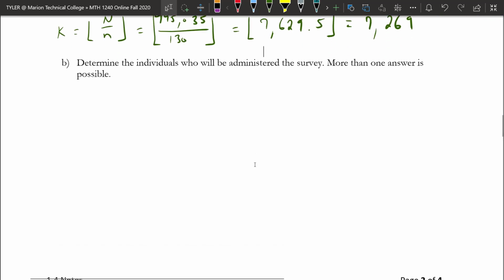Right, so then part B, which would be really steps 4 and 5 in the list above, we want to determine the individuals who would be administered the survey. Notice it says that more than one answer is possible, right? So the first thing that we need is we need to find a random number between 1 and k, right? So we need a random